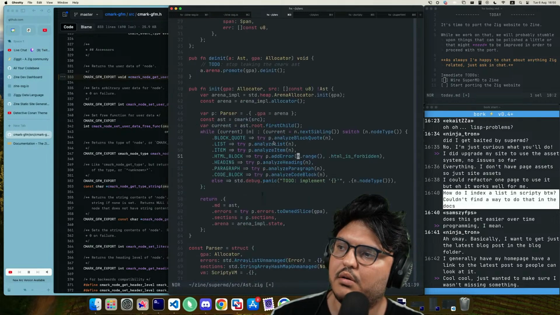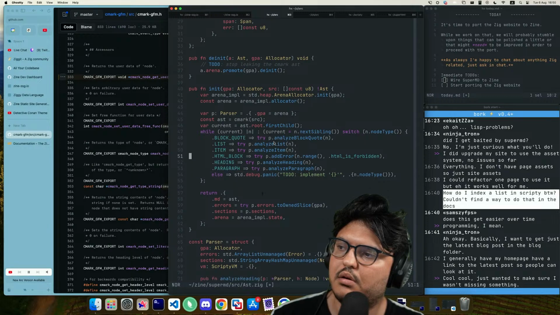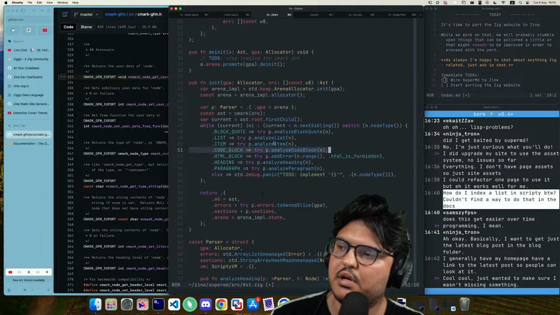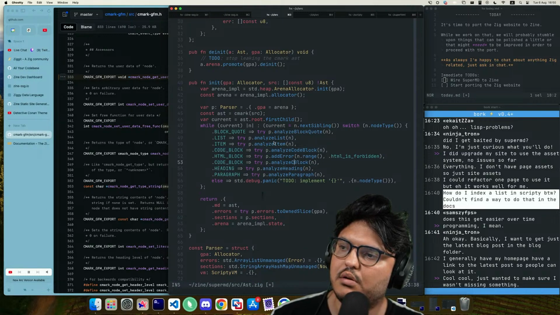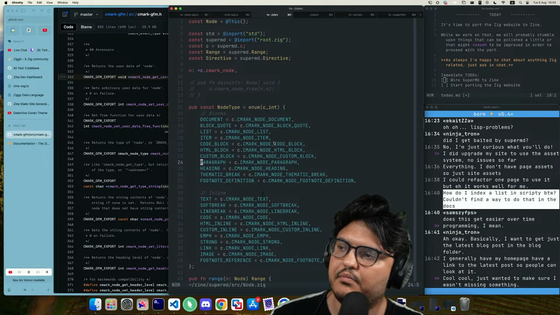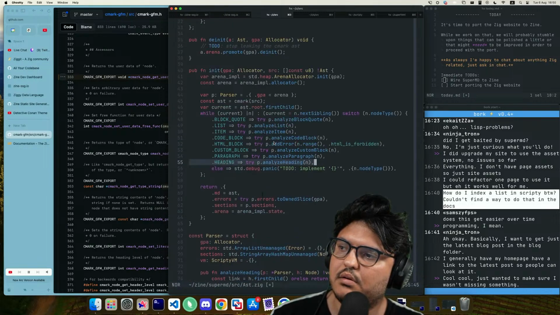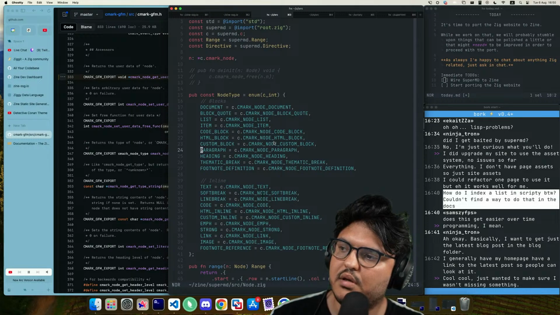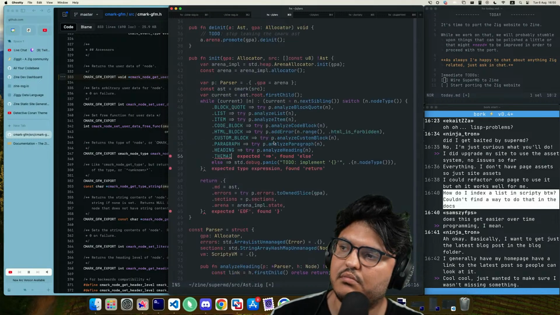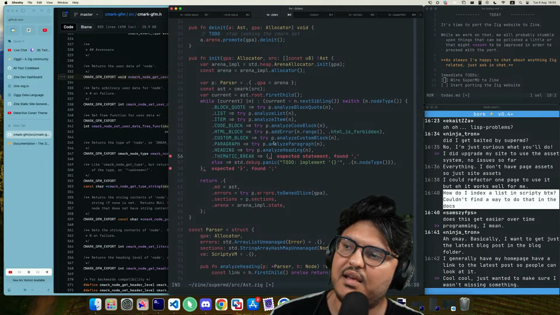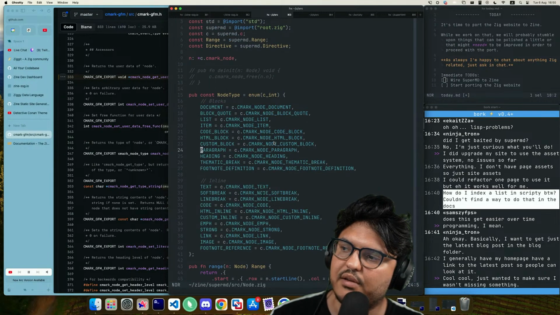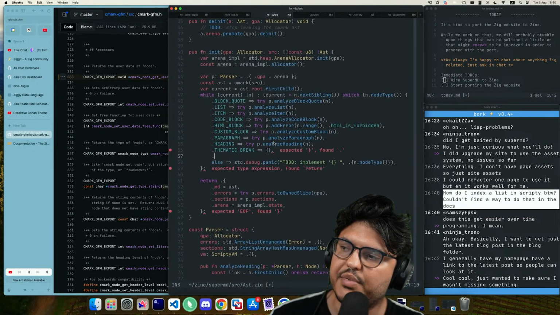Code block. HTML block. Custom block. Paragraph, heading. Thematic break, footnote definition. I think that we don't need to do anything for thematic break. I don't think it contains anything useful, but I don't know.